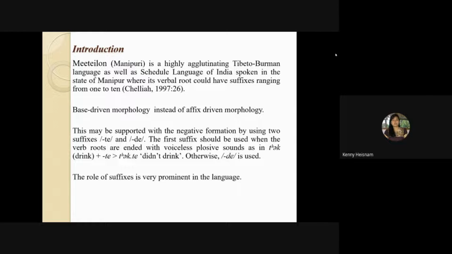For example, we have two negative suffixes in Meeteilon: one is te and the other is de. The te suffix is used when the verb roots end with voiceless plosive sounds, such as the word thakte. Thak is the verb root and te is the negative marker. Since the verb root ends with the plosive sound k, te follows. Otherwise, de is used. So the role of suffixes is very prominent in the language in the sense that